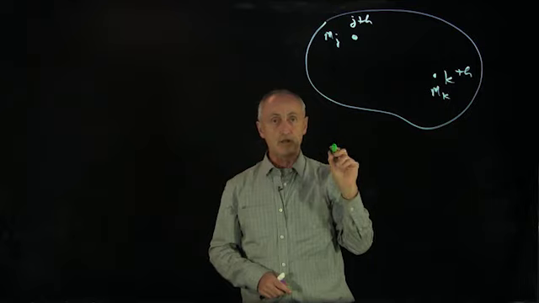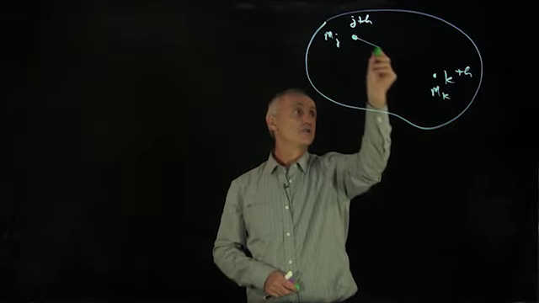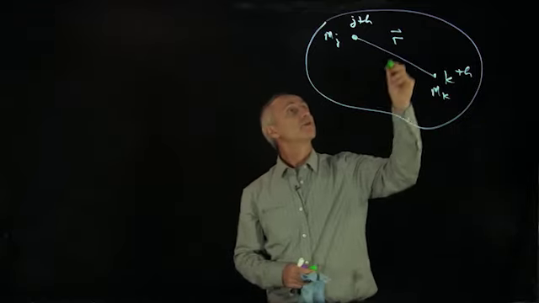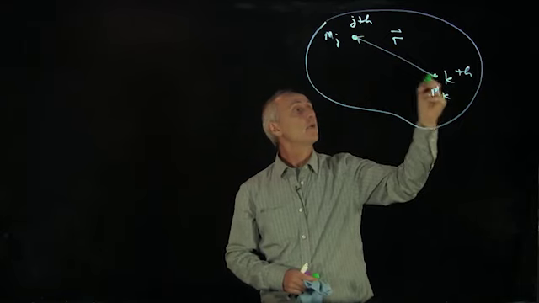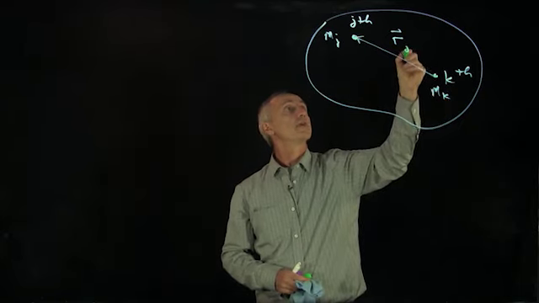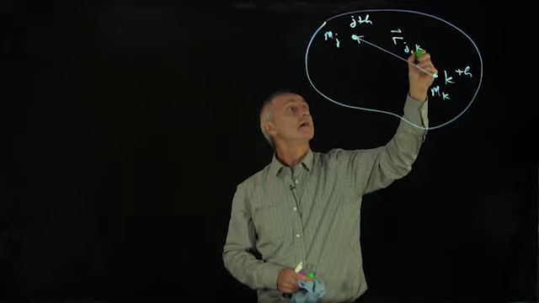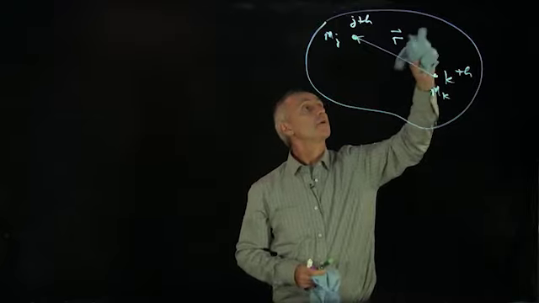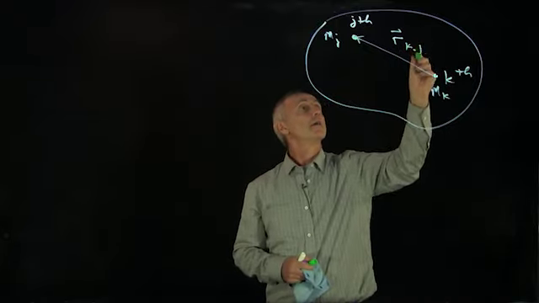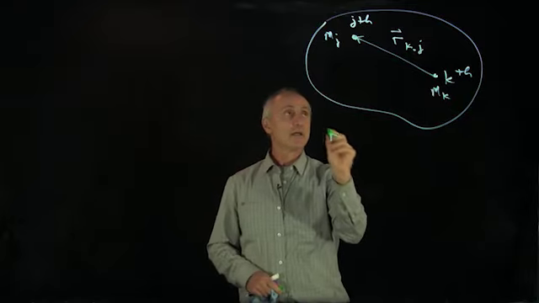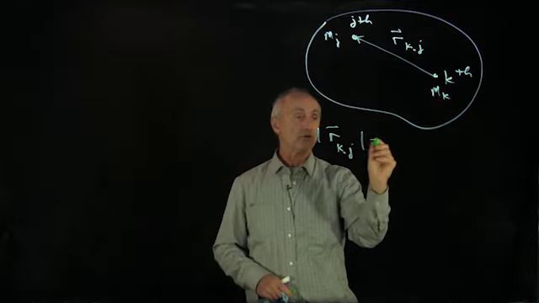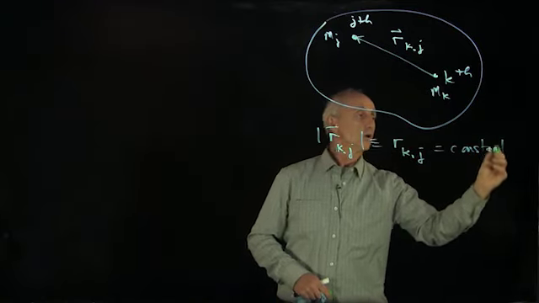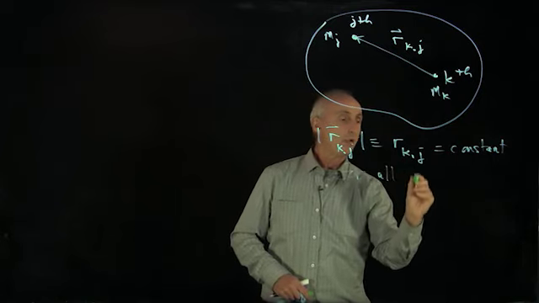And the important thing that defines a rigid body is the condition on the distance, and we'll draw this as a vector from the kth particle to the jth particle. So we'll draw that as r_jk. And actually, I would like to write it from the kth particle to the jth particle, r_kj. And our condition is that the magnitude of this vector, which I'll denote as r_kj, is constant for all points